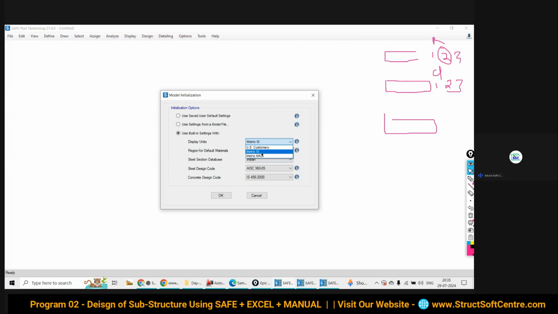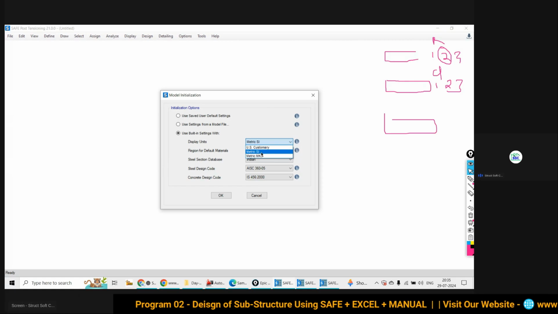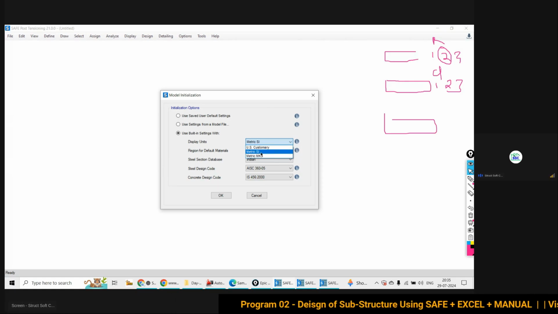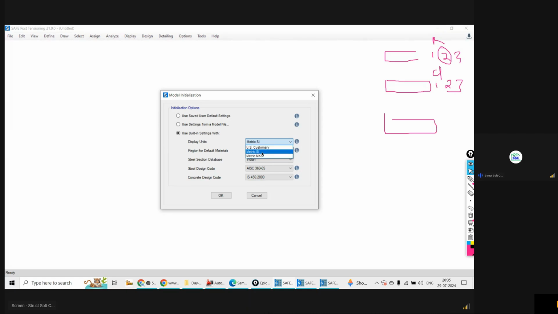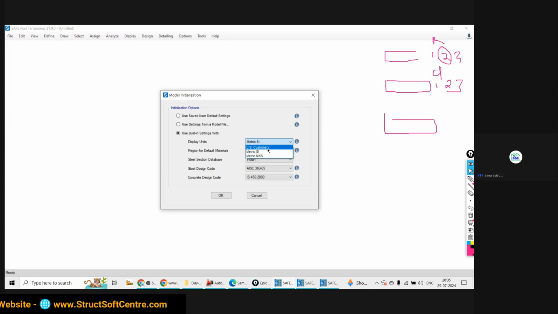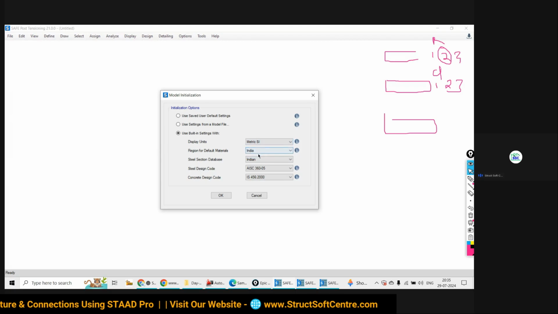So we have to proceed with metric SI because we have to focus on the force also. So force is in kilonewton and US customary means kips. It means the international or the other unit system. So normally we are proceeding with metric SI. Check this one.